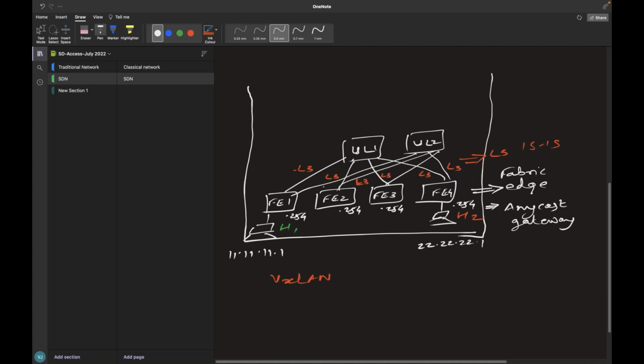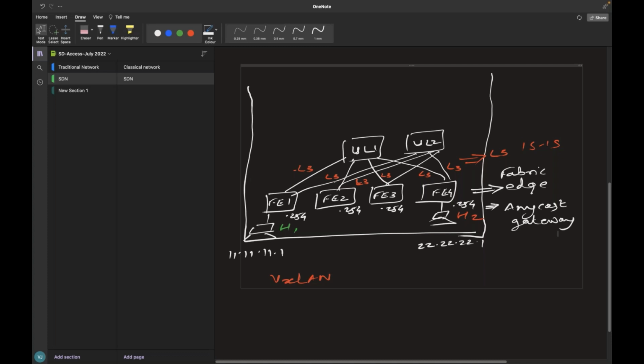It's complete L3, so STP does not come into the picture in this environment. That's where you actually get optimal performance. There is no looping mechanism. There is no L2. So basically, if you are already working in ACI, you might be aware of all those things because it's kind of the same architecture.